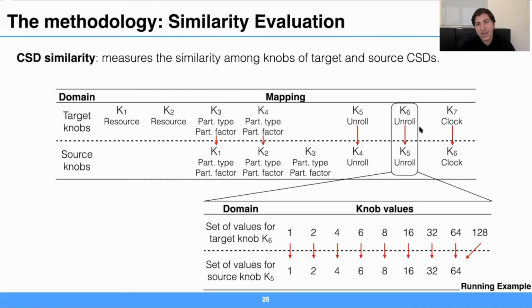And let's look at the similarity evaluation for knob 6 from the target and knob 5 from the source. Both are unrolling type directives. When we evaluate the similarity among those elements, we evaluate the similarity as the distance among the closest elements that we have in the set of values for the target knob and the one in the set of values for the source knob. So in this case, since we have almost the same elements, we are considering the distance